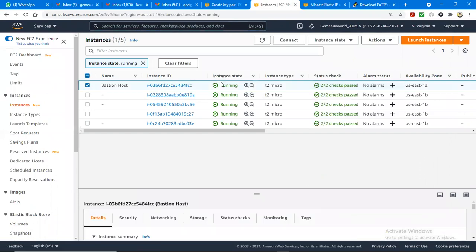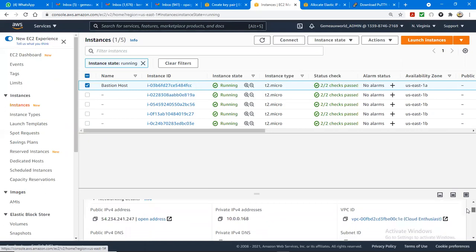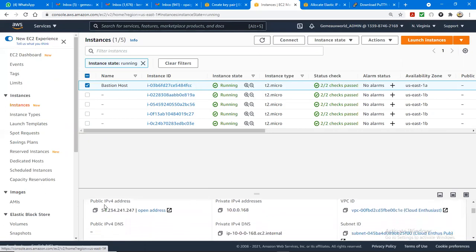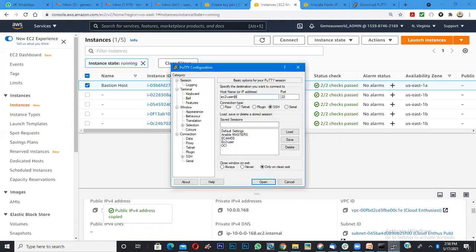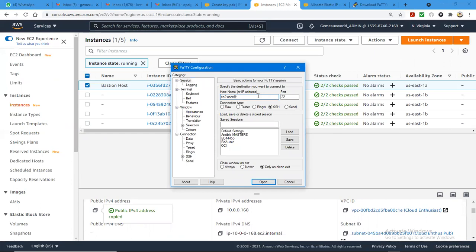Okay, now let's take this. You can even come here and see the public IP address. Come here and copy it. The same thing. That does not mean you cannot SSH through private IP. You can still go through. Then go to